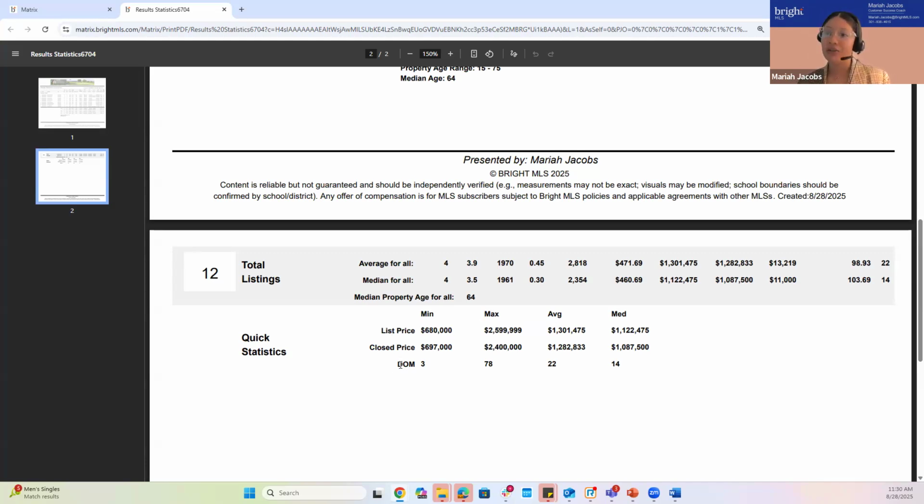So if you're short on time, you don't have time to create a CMA, create a results statistics report here. This can be again located within your results screen. Select those listings and go ahead and share that information with either your